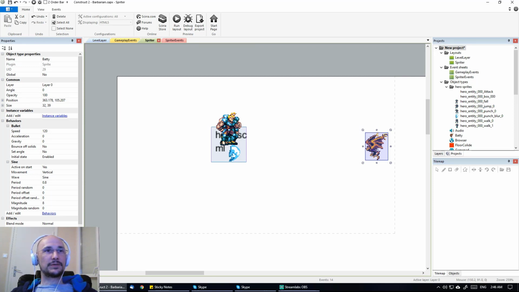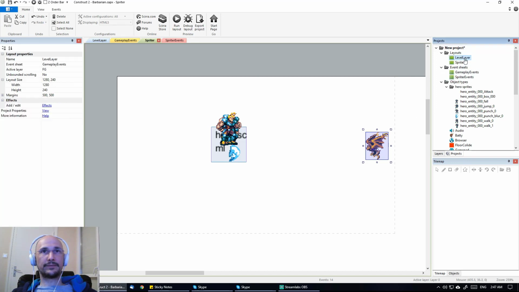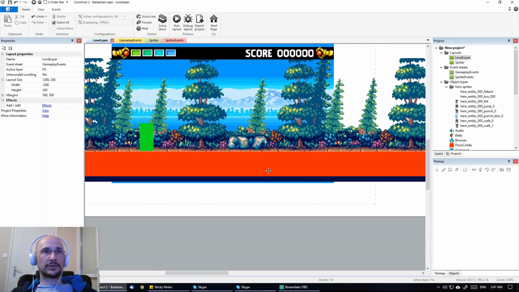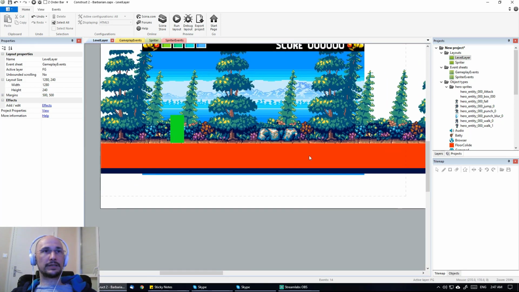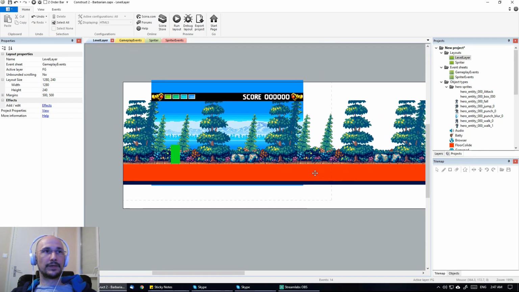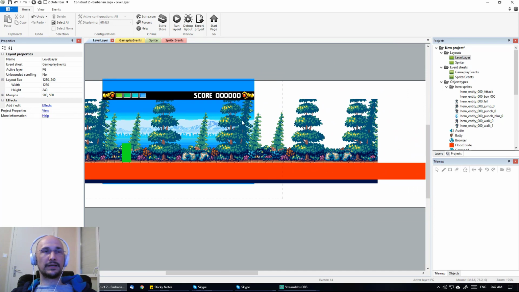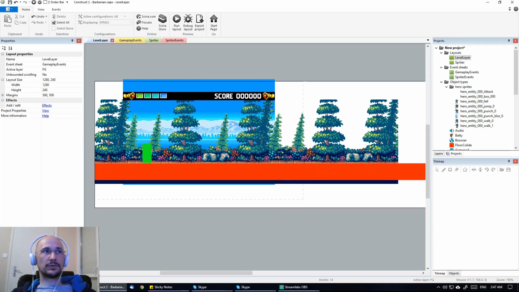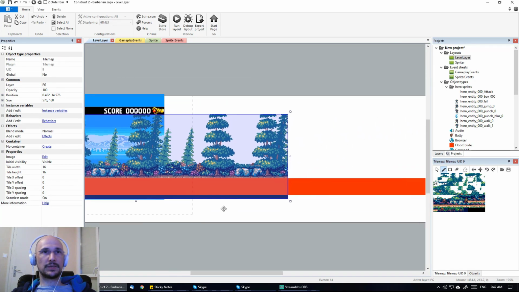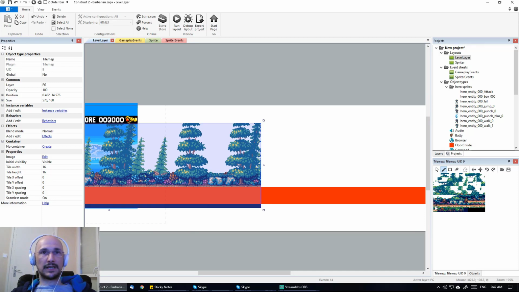Alright, now that it exists in the Construct project, we can decide to spawn it whenever we want in the game level. But we want to figure out how we want to make the bat spawn. One really nice way that's very elegant for game design, as you know, we already set up a tile map object, so we can actually extend,